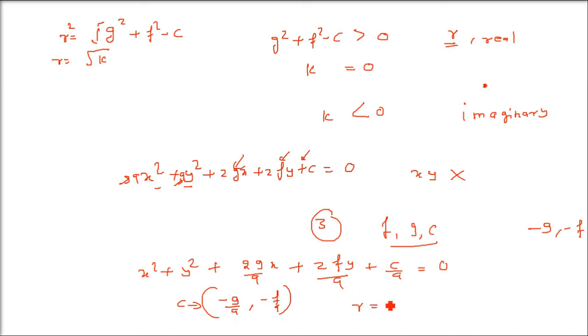And what is the radius? Radius, you know what it was? You just divide it by a. So it will be g square by a square plus f square by a square minus, this is plus, just change it to plus. There is a correction, minus c by a. So this is what we wanted to discuss here. And there are concyclic circles, finding the equation of circles satisfying 3 given conditions, miscellaneous examples, all of them are there.